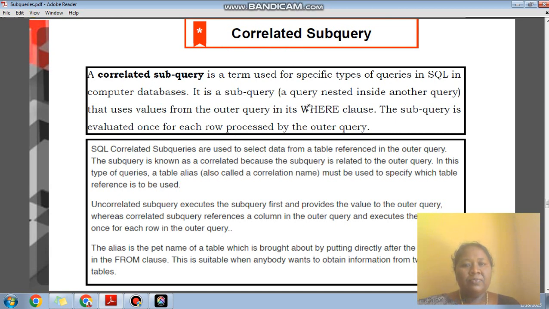So what is meant by a subquery? It's a query inside another query, and all these subqueries are finally processed by the outer query. If you want to work with multiple tables, we have to create a correlation name for each table, just like